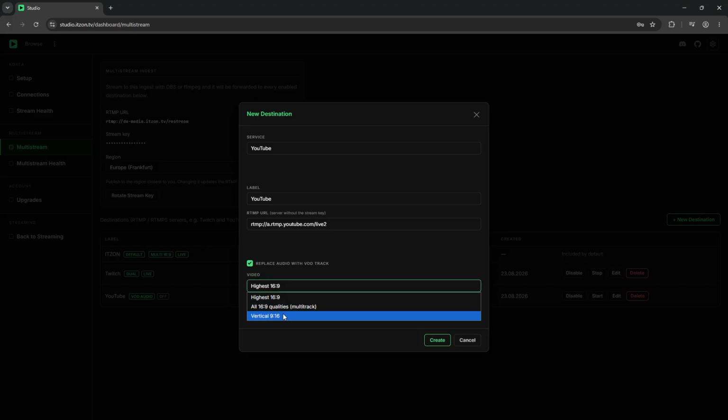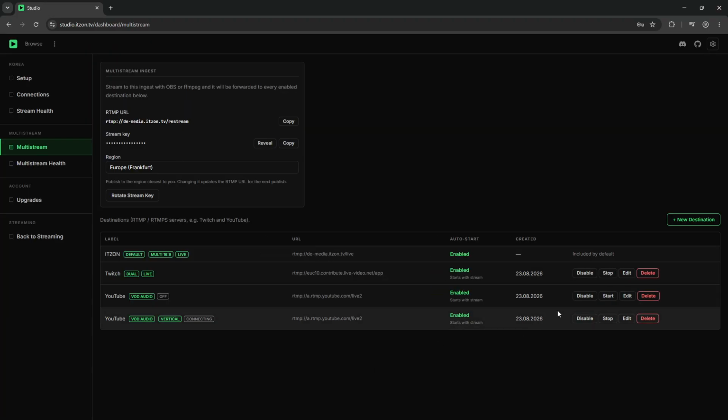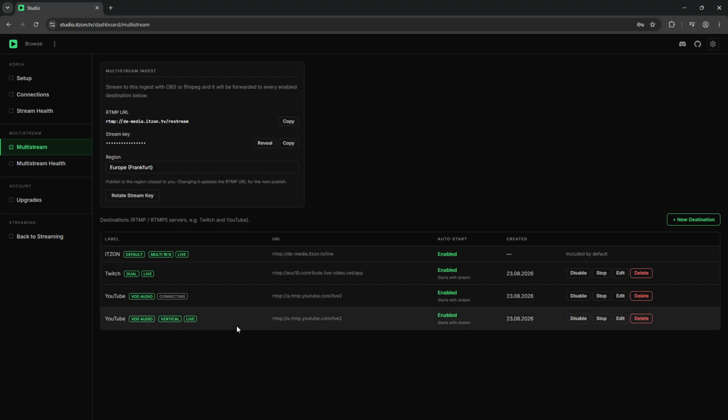Replace audio with VOD track. I want the vertical video rendition and the stream key for the vertical YouTube feed. That's going to connect instantly because I'm already live, and now I'm also going to connect the other one. And now on YouTube,